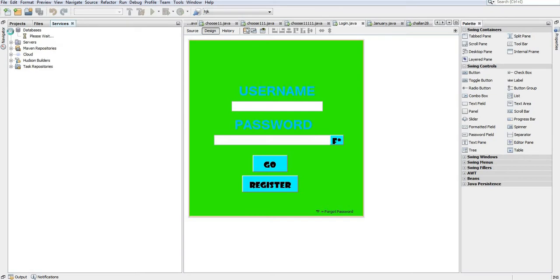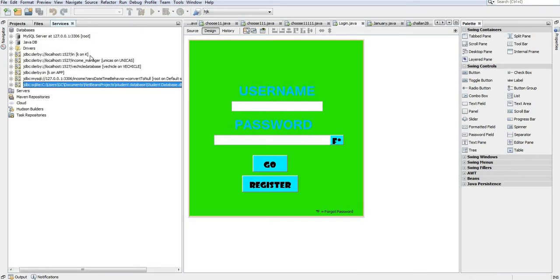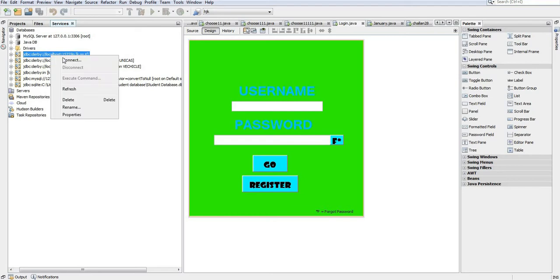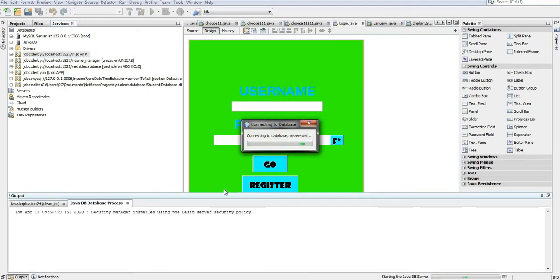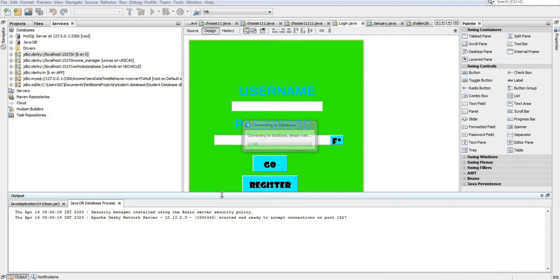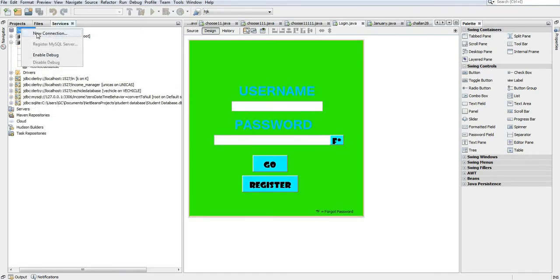Go to databases, and in this database select the JDBC Java DB database, right click and click on connect, and then after it is connected, right click on new connection,